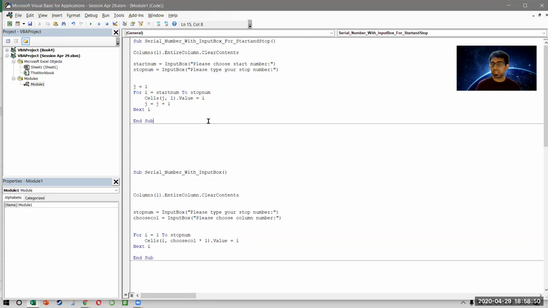Right? So just think about this for a moment. Not very difficult, a little different than earlier, but I hope you're able to see why we are doing this, because you can't assume that the serial number will always start at 1, right? And that is what we're doing.